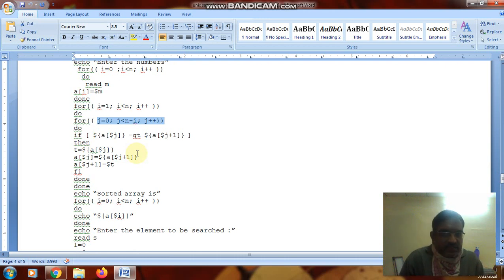Here it makes some comparisons. What are the comparisons? Suppose a of j is greater than a of j plus 1, then take a of j, అప్పుడు a of j ఈజ్ ఈక్వల్ టు a of j plus 1 చేయమంటున్నాడు, అసైన్ చేయమంటున్నాడు. అప్పుడు a of j plus 1 ఈజ్ ఈక్వల్ టు t.